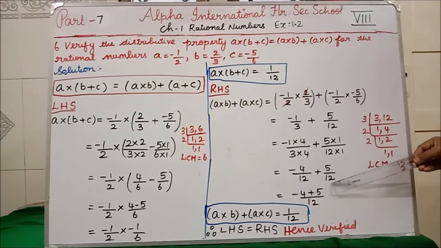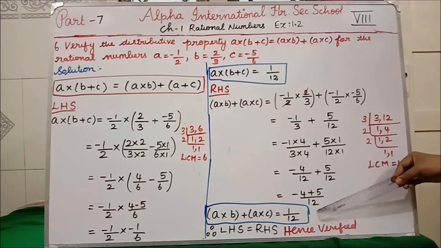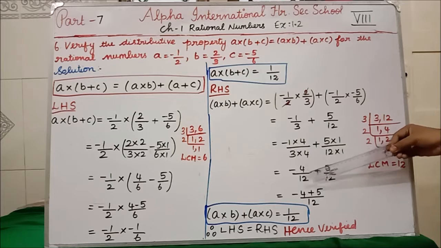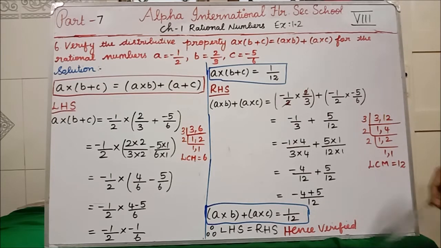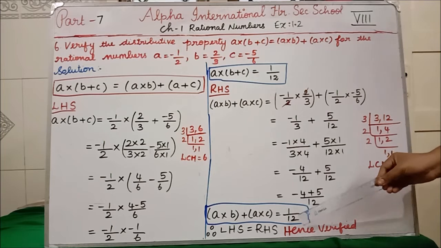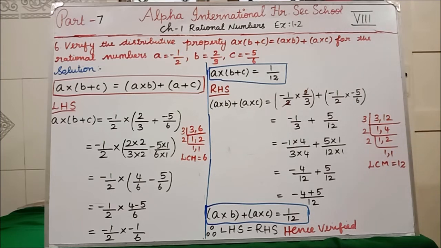Now you see here also 12, here also 12. So now we can easily simplify. So write 12 in the denominator. What is the numerator? Minus 4 plus 5. Okay, 5 is positive, 4 is negative. So minus plus is what? Subtract. So 5 minus 4 is what? 1. So 1 divided by 12 we are getting. Clear, all of you? So 5 minus 4 is 1. Denominator we are having 12. So 1 divided by 12 is the answer we have got for RHS.